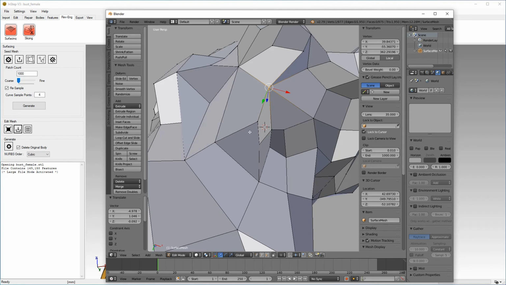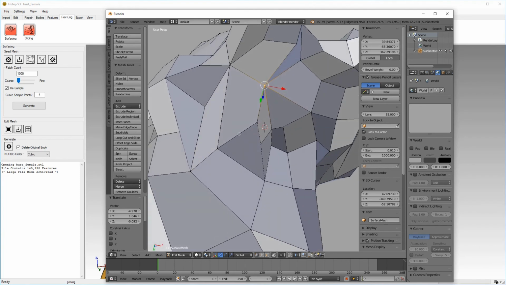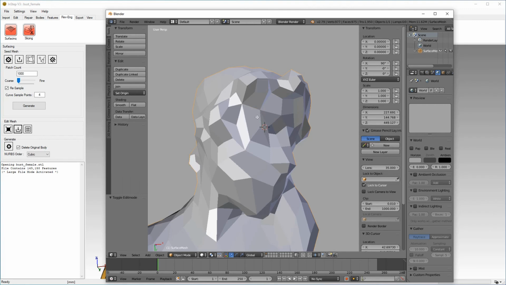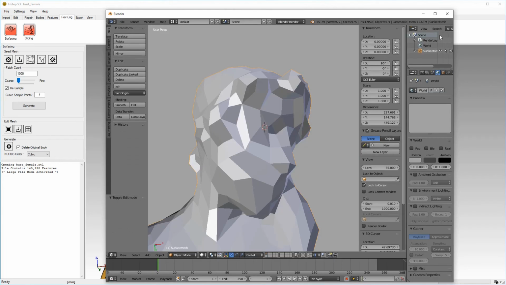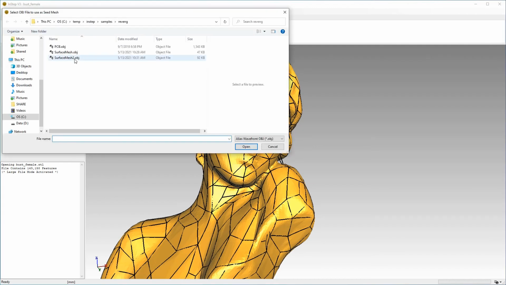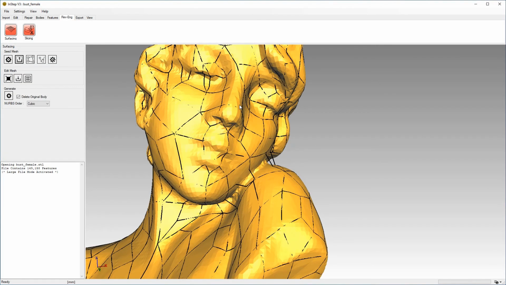It should also be pointed out that if we use a polygon editor that only works with triangles, as long as the triangles are continuous, the application can work with them. So once we're happy with this, we just go ahead and export this back to an OBJ file. And now what we can do is import this as a seed mesh to use. And you'll see that this section around the eyes will be modified.